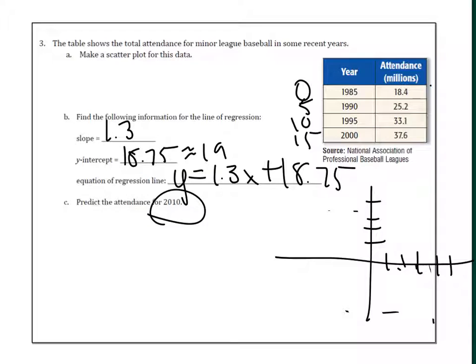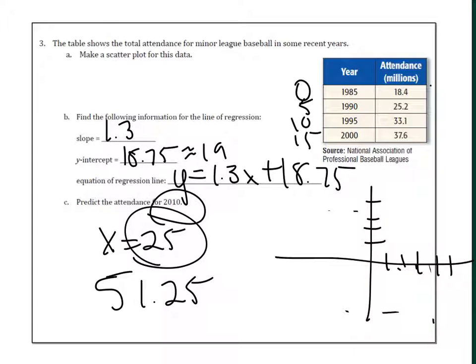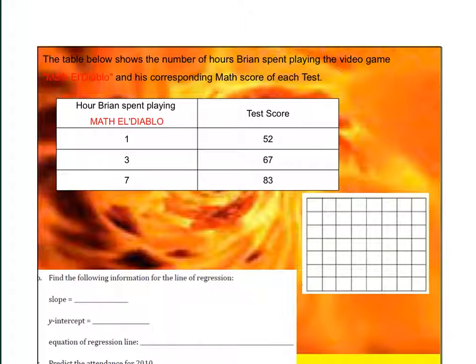So my attendance in 2010, so that's going to be 25 years after I start. So if I take 1.3 times 25 plus 18.75, I get 51.25. So that's going to be my attendance in millions after that many years. All right, so taking a look,